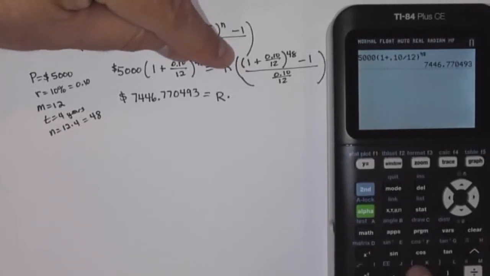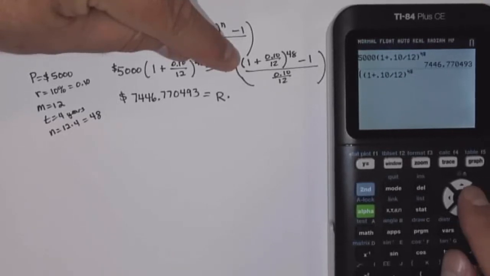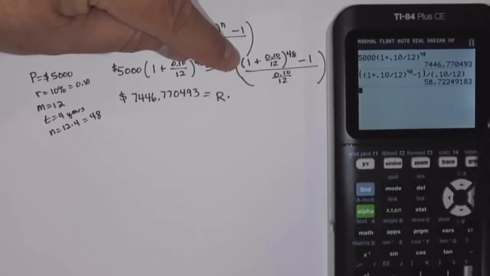So I'm going to have my numerator, and inside the numerator I have this parenthesis. So parenthesis, parenthesis, 1 plus 0.10 divided by 12, close parenthesis, but just one of them, raised to the 48th power, minus 1, close the second parenthesis. So that's the numerator. And I'm going to divide that by parenthesis 0.10 divided by 12, close parenthesis. And so that is